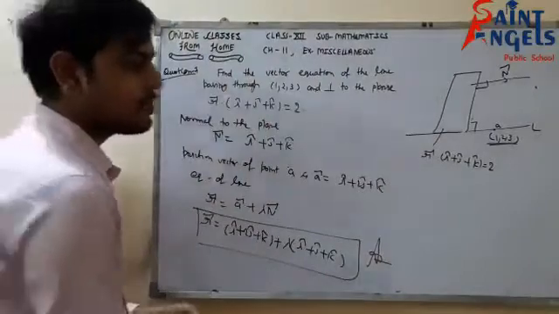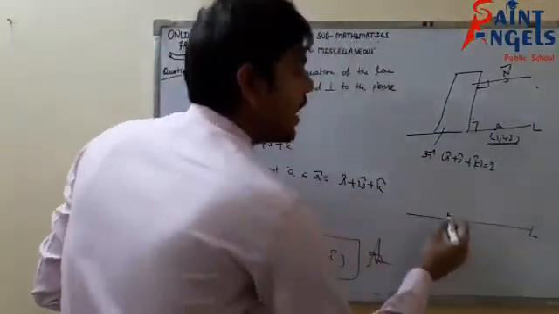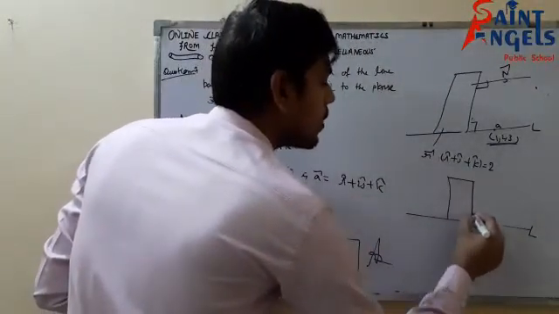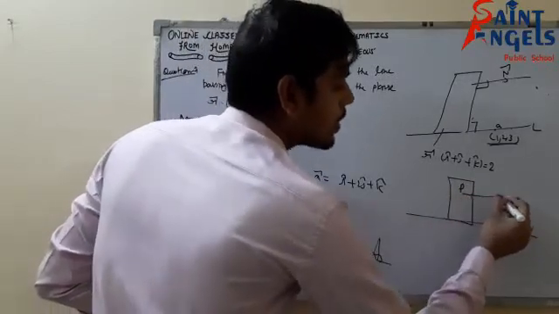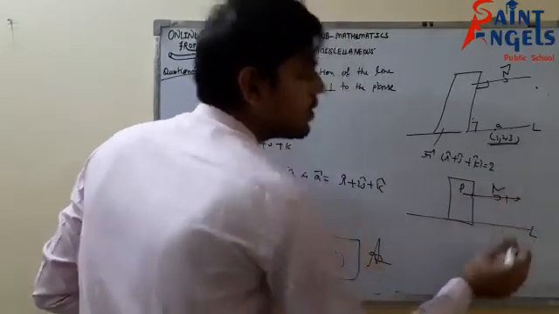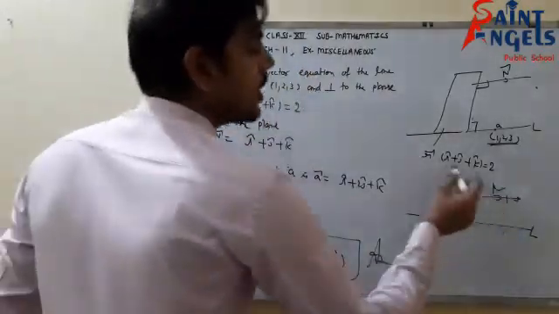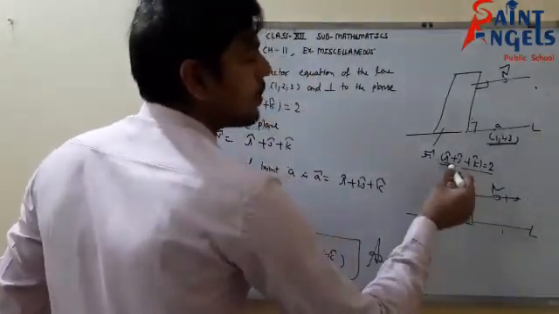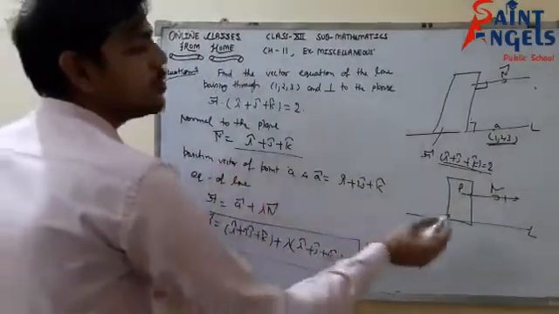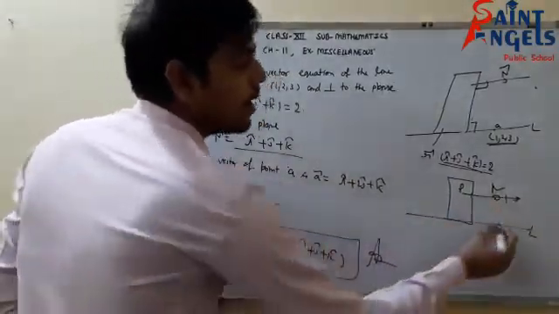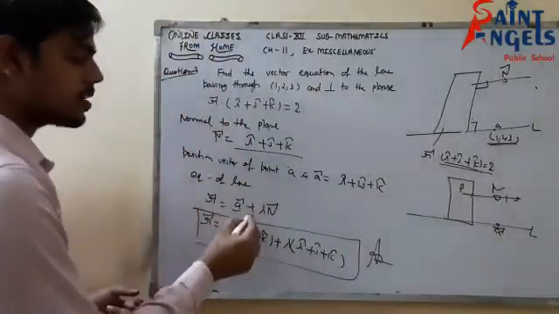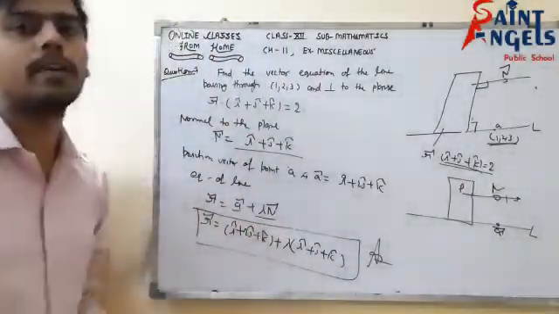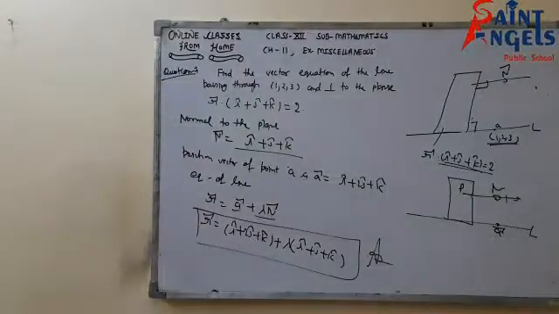But again I am explaining: we have a line L and this line is perpendicular to a given plane P. Then the normal to this plane would be parallel to the given line. The normal to the plane is i + j + k, so this is the parallel vector to the line. I have a point A through which the line is passing. So the equation would be a vector + lambda n vector. I hope I am clear. Please pause the video and note it down.